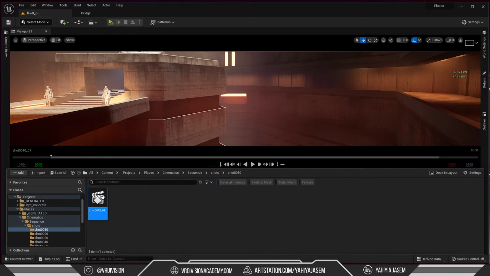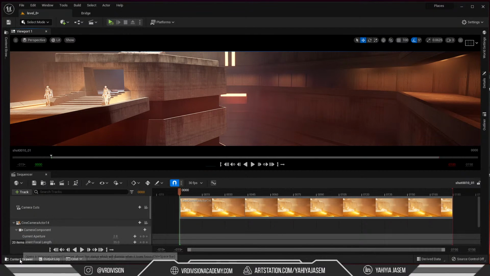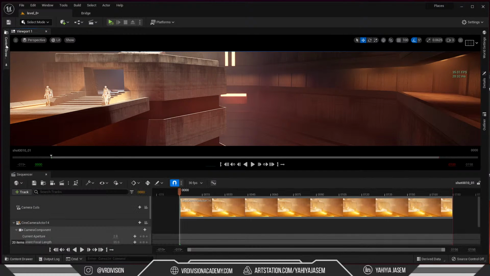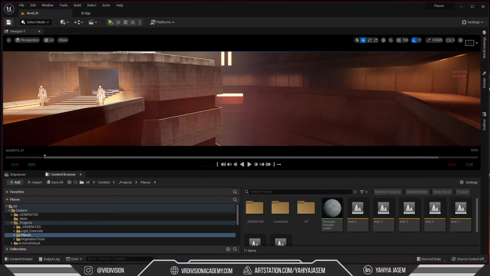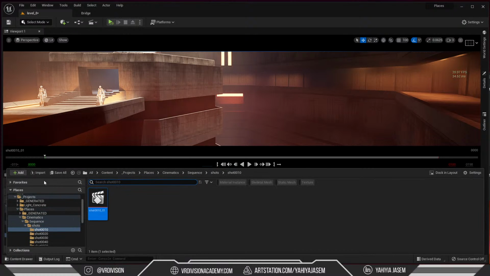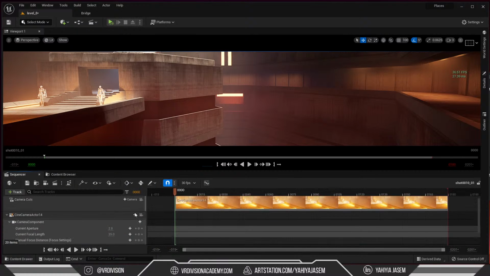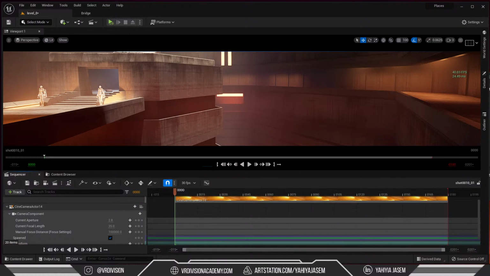So I'm going to select the first shot, and I'm going to try and find my sequencer. Well, it's below the content. So this is something I'm really not sure of. So I'm going to dock this in the layout. Undock. Yeah, let's just have it here. As for the shots,